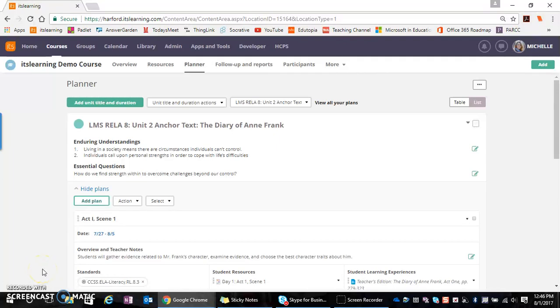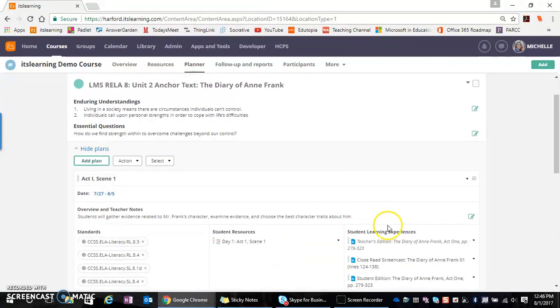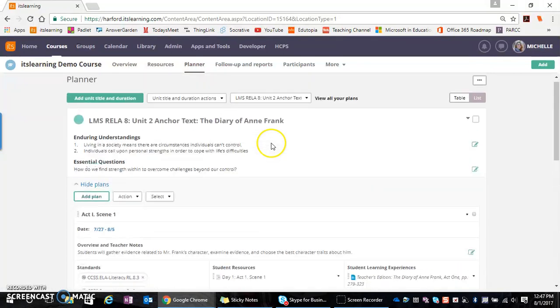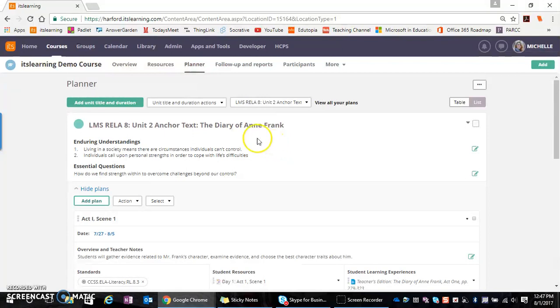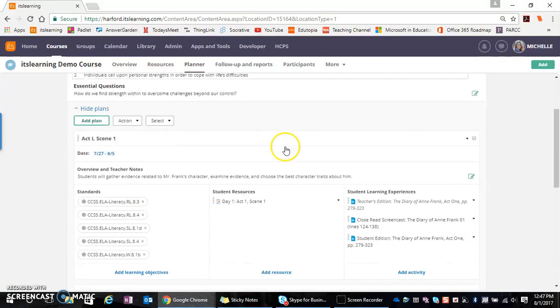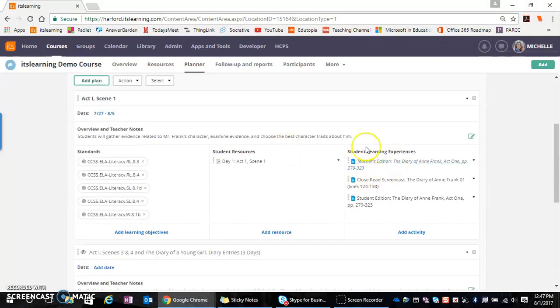In this tutorial, we're going to be talking about adding common cartridge elements to an itslearning course through the LTI tool in the Student Learning Experiences column. This is a demo course that is structured in comparison to the Reading 8 curriculum. What the teacher has done here has pulled out several pieces of the text for the students to quickly access